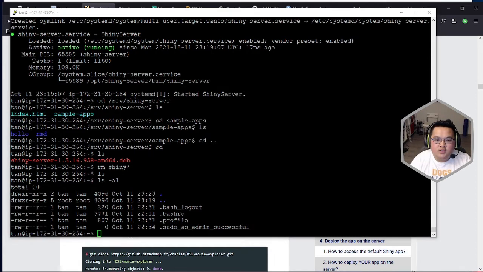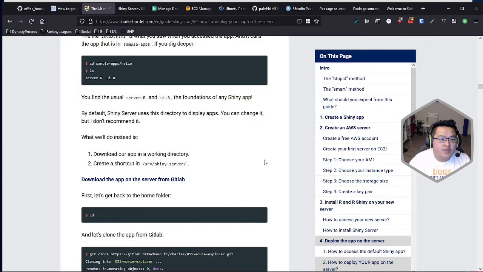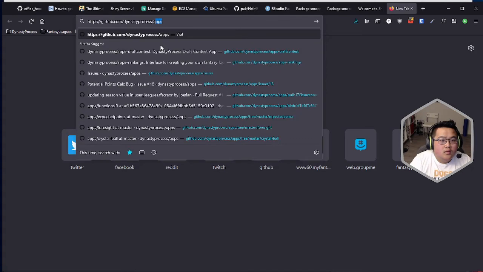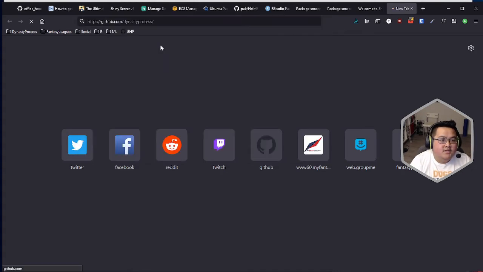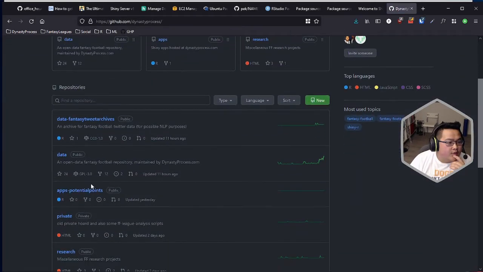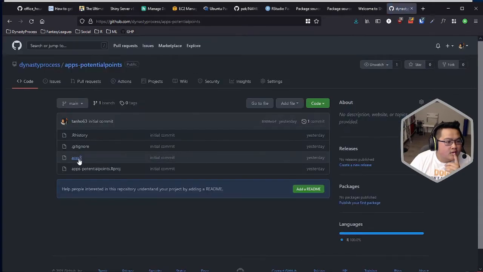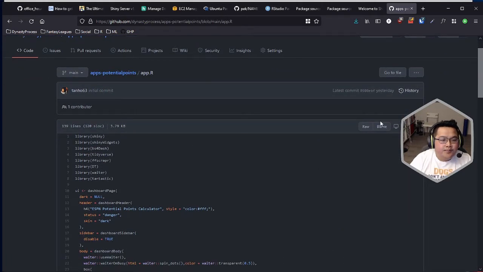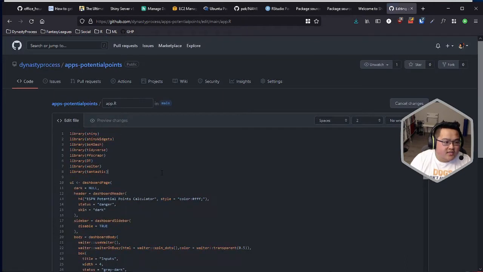So what I want to do is clone the app that I want to put up, which is in this repository here somewhere, but I don't remember which one it was. This one, I think. No, maybe. Wait. Yeah, it's this one. We're going to edit to get rid of the Tantastic package so I don't have to